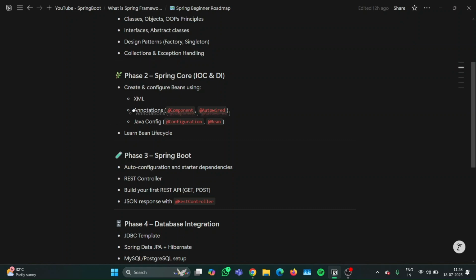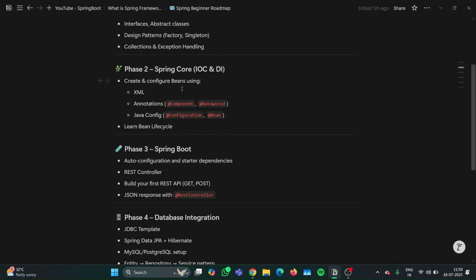Then we will see how to configure using annotations. This is XML based configuration. There is annotation based configuration as well, where we do not have to manage any XML file. We just have to simply use the annotation and Spring will manage everything for us. Then learn about the bean lifecycle, what is a bean, what is dependency injection, all these things you have to learn in